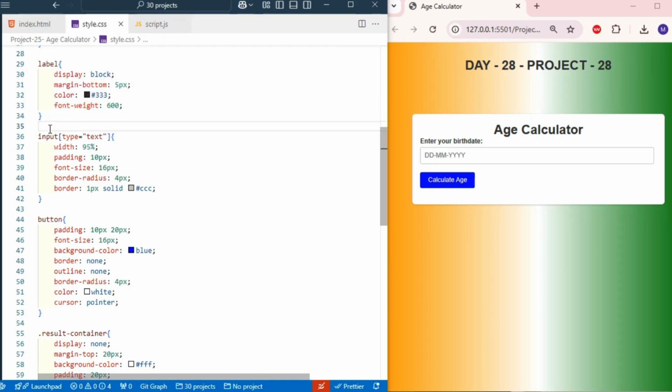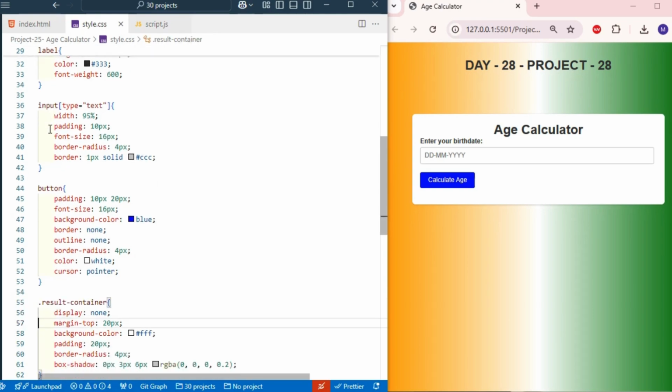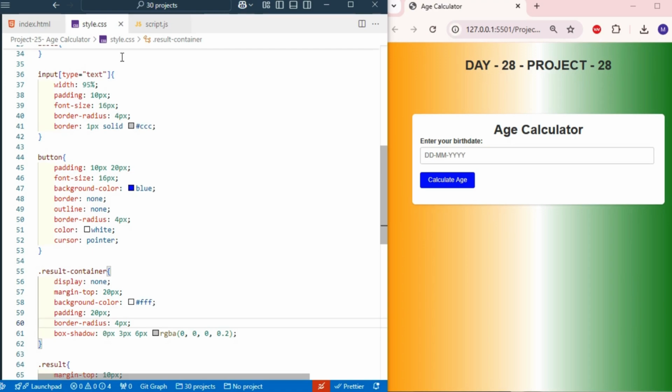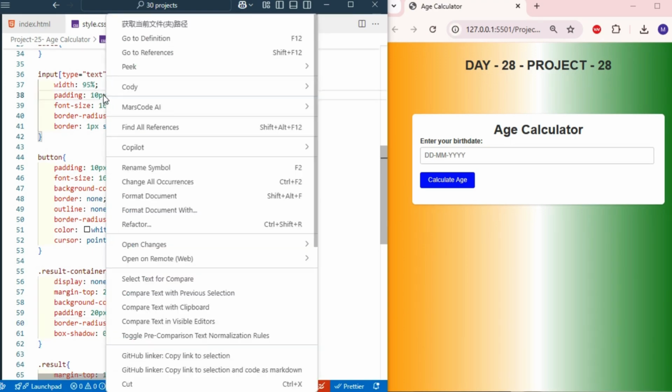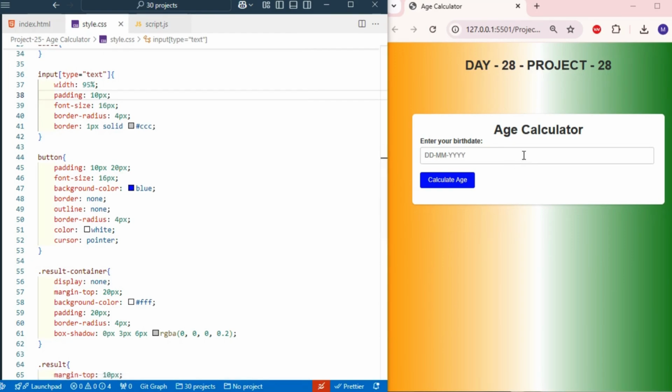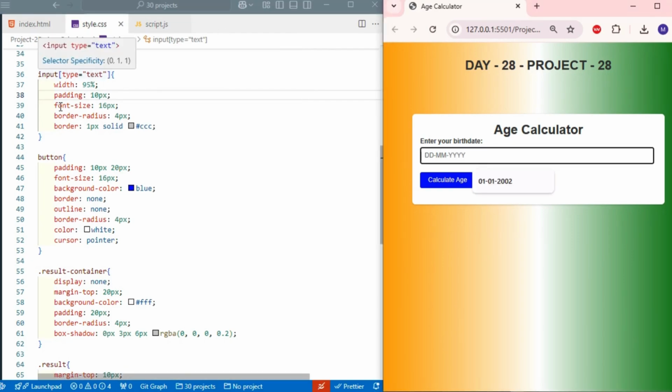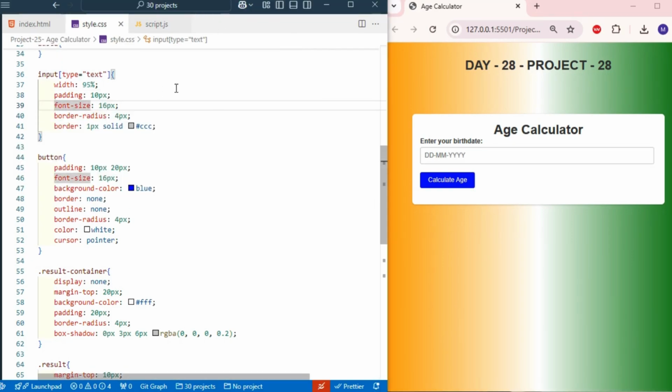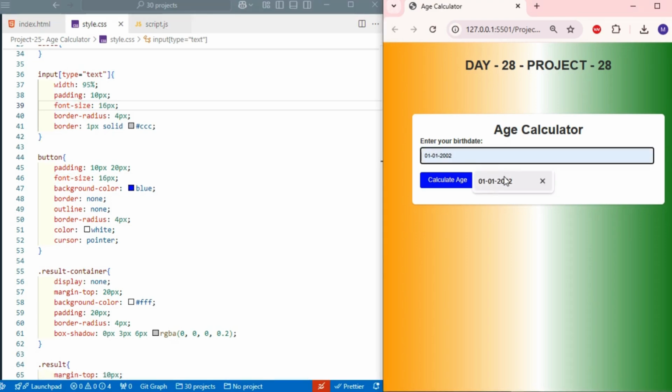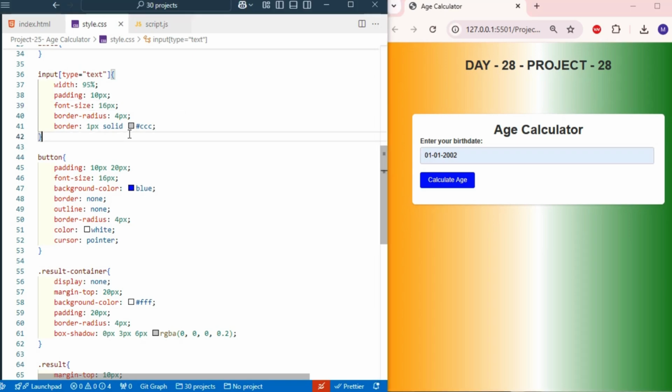For the input type equals text, width is 95%, and padding of the text box is 10 pixels, which is the space inside of the text box, and font size is 16 pixels. And border radius means rounded corners of the text box.